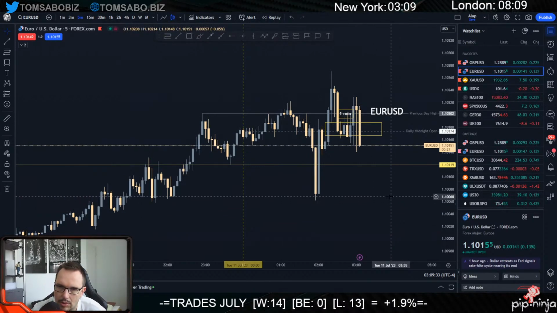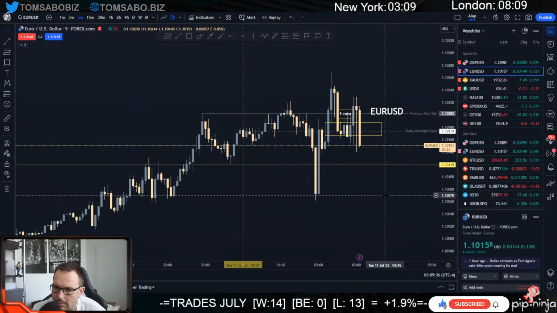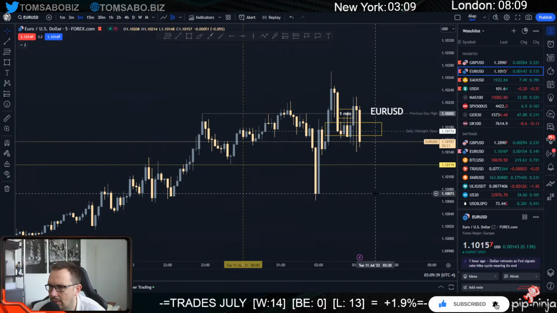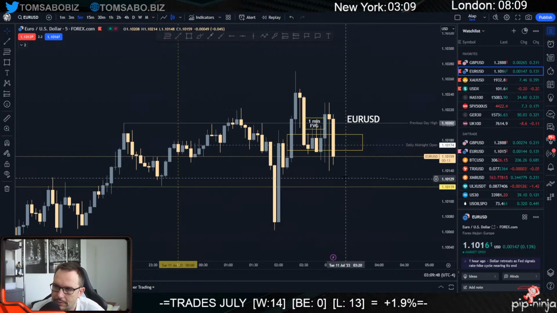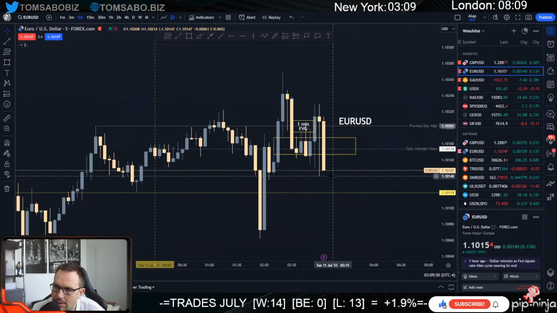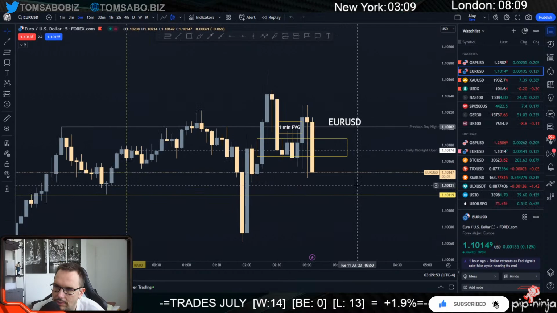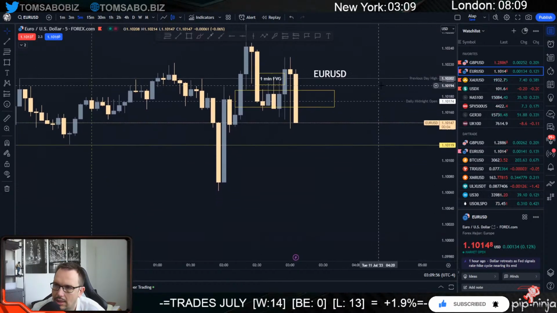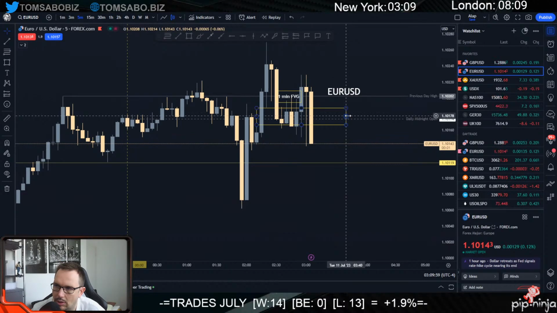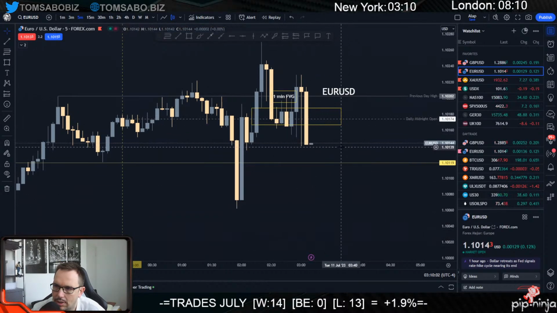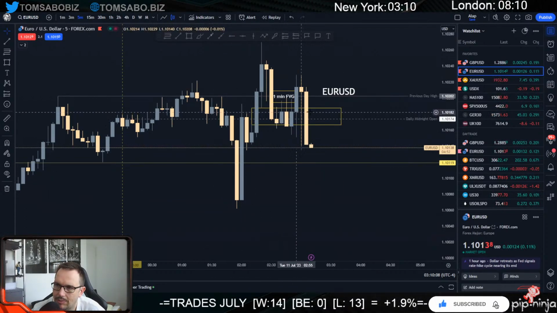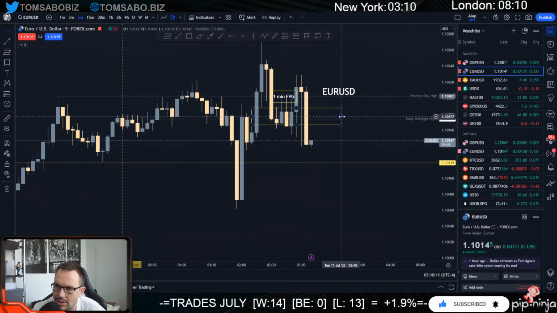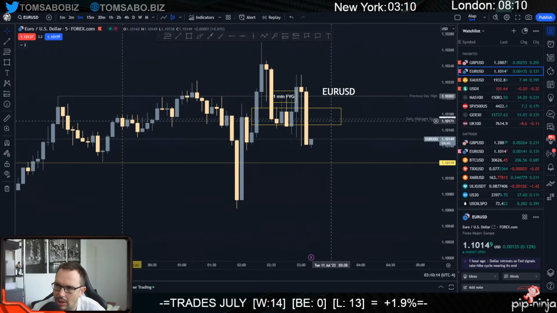Judas swings mostly occur on Tuesday or Wednesday. Oh man, I'm not sure. Anyway, now it can happen any day of the week, but look at that. Still needs to trade lower than this candle right there, and then we can say it has disrespected or broken this fair value gap. Still needs to trade lower than this. There you go. Now this fair value gap could be acting as resistance. Could be turning into resistance,